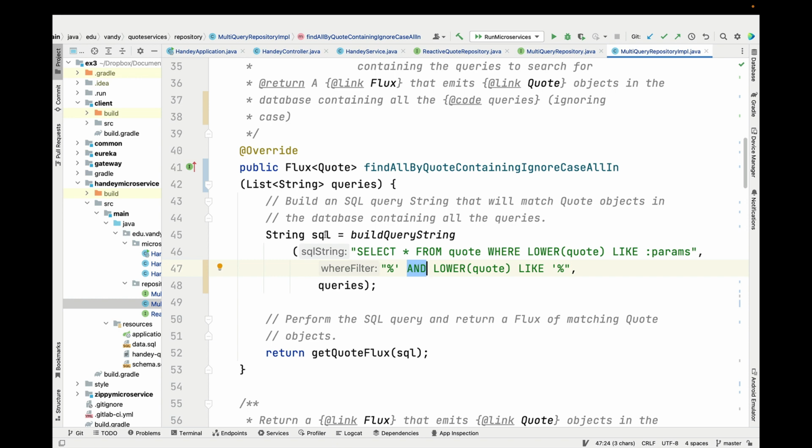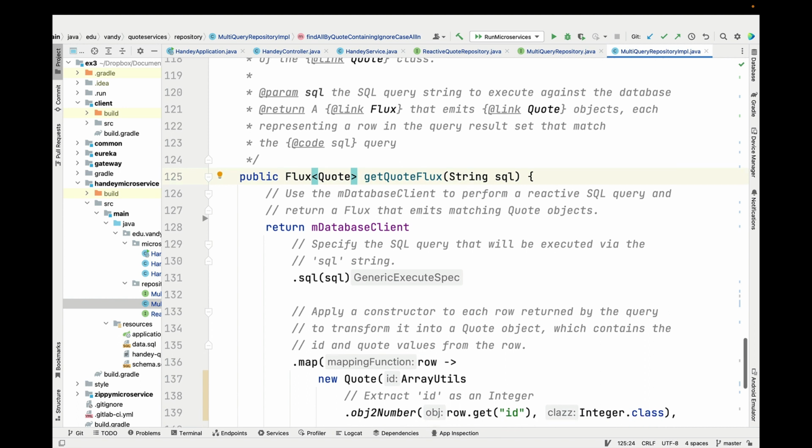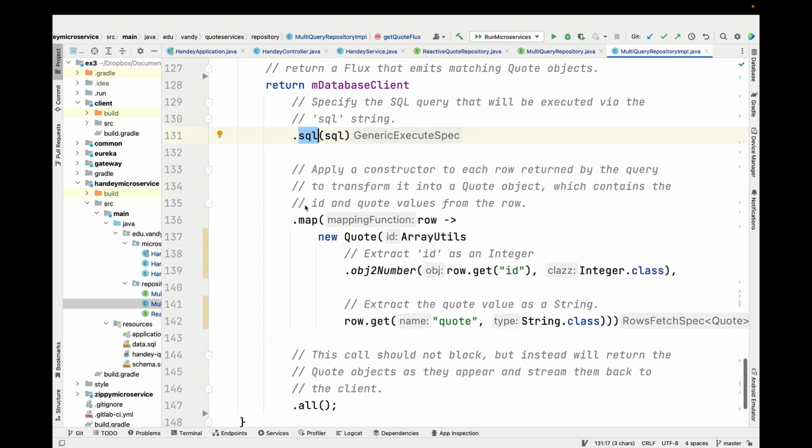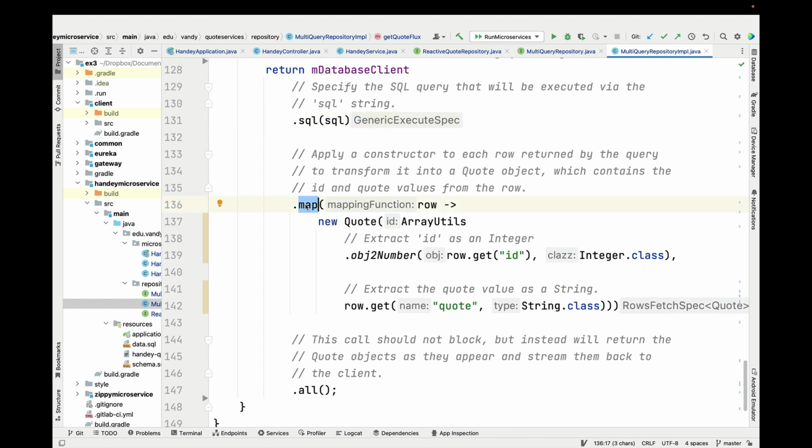So after we've got our query string, we're then going to call the getQuoteFlux method. And what this does is it uses our database client field to take that SQL string and say, I want to use this as the string to execute the query on. So that'll go ahead and set the query that will be executed. And then what we're going to do is we're going to use the map method. Now, this is just the good old map method that we would normally be accustomed to working on fluxes. And what that's going to do is it's going to take the result that comes back from doing the query